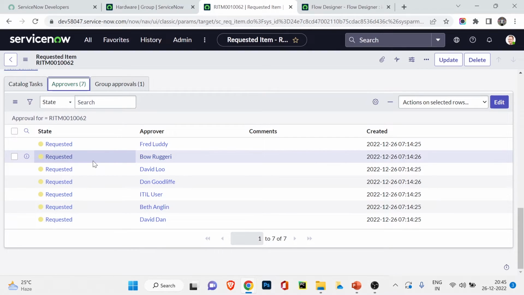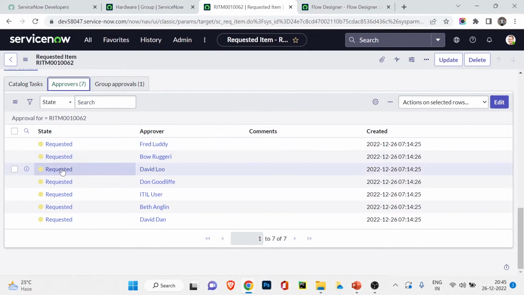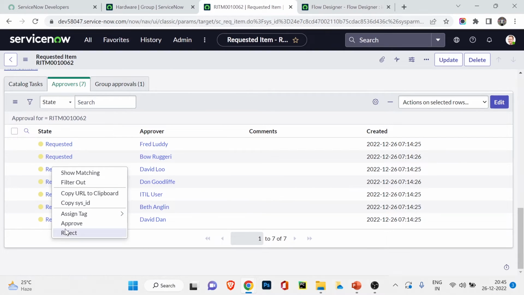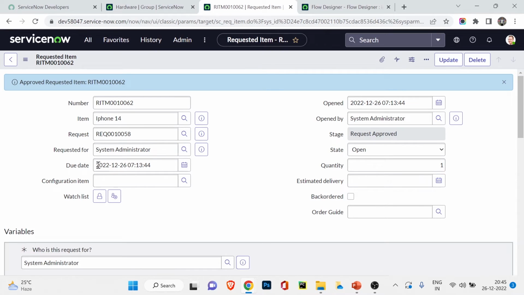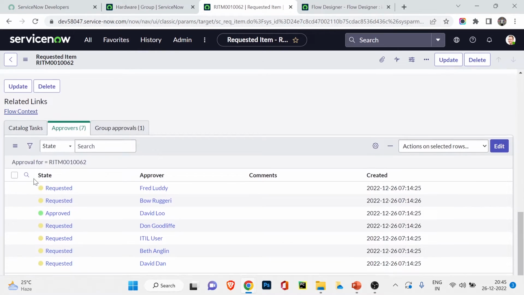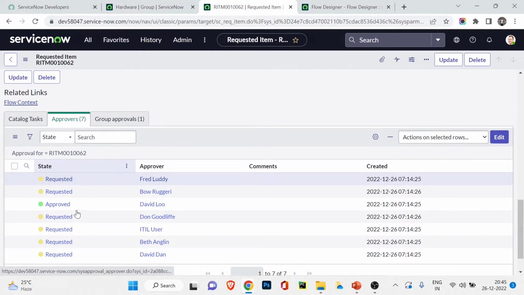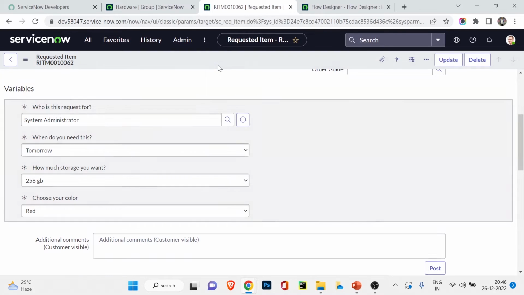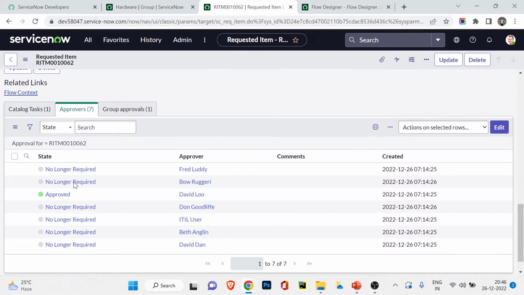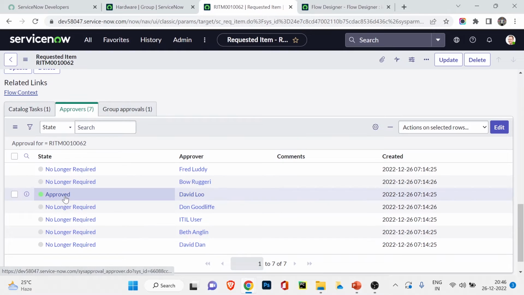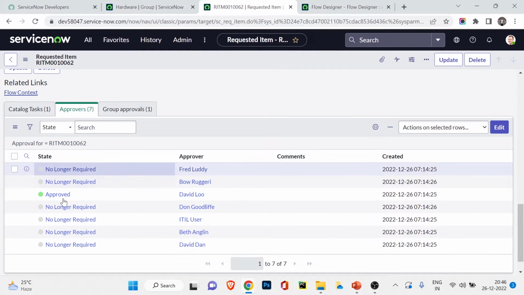Being an administrator, I can also impersonate and choose any of them to approve. But being an administrator, I can approve anything. So I'm going to click on approve on behalf of David Lu. Now if I scroll down, you see it is approved. I'm going to save it. Once I reload the page, it shows it is approved by David Lu, and no further approval is